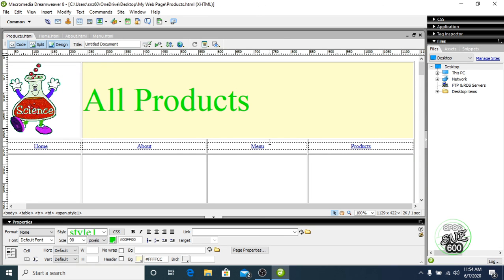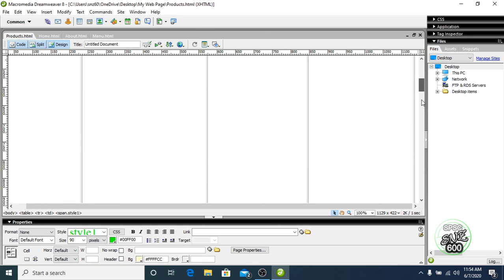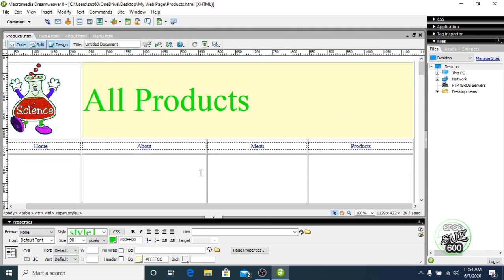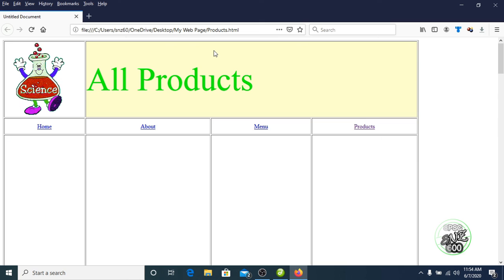So here I have created a very simple website for you with 4 pages. You can add more options, more text, more images, video files also, audio files also in your website, and you can work with other options also. After creating, designing, you can see the preview. Just click on this button, preview in Firefox. So it will take you to Firefox.